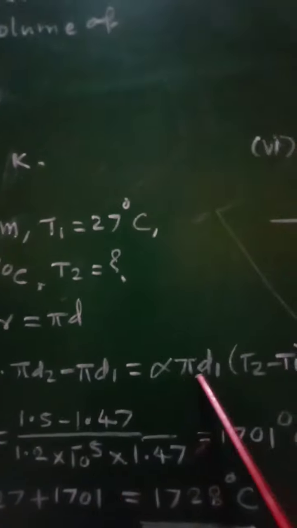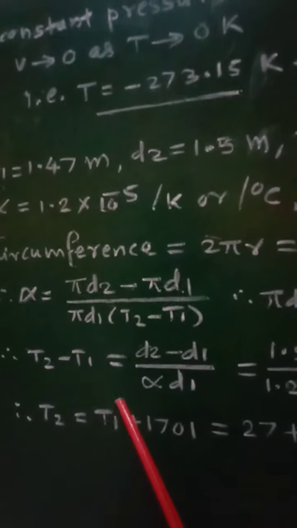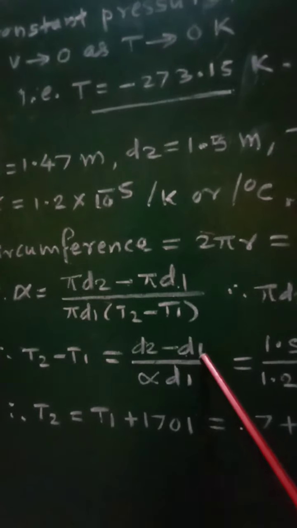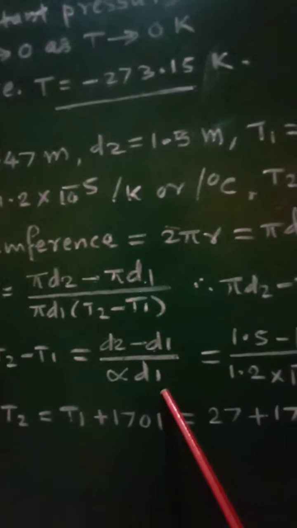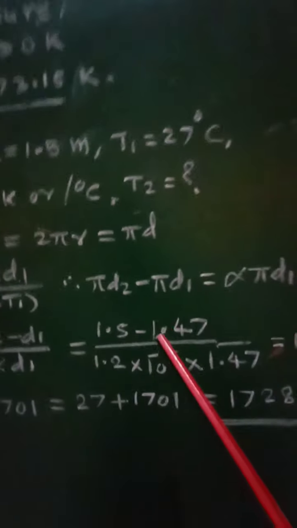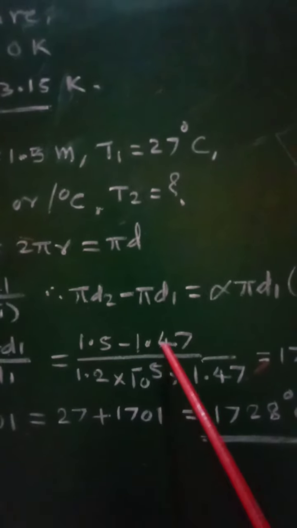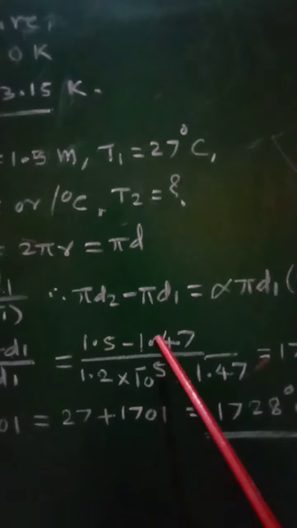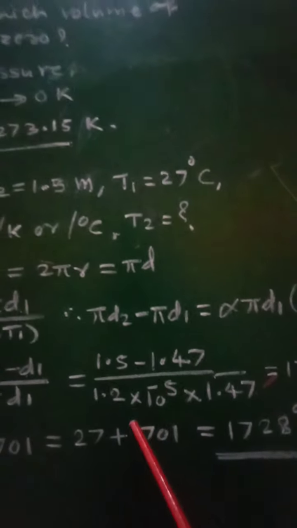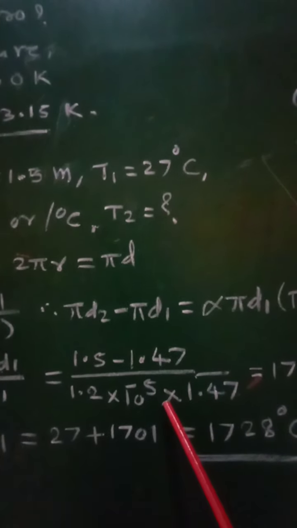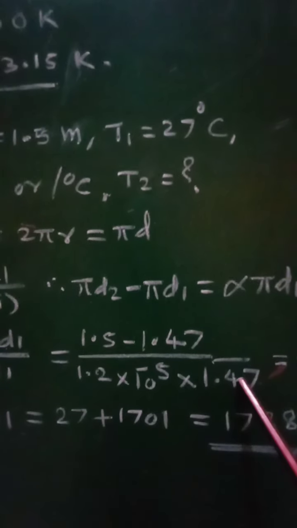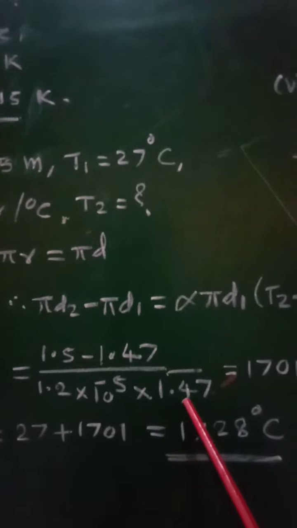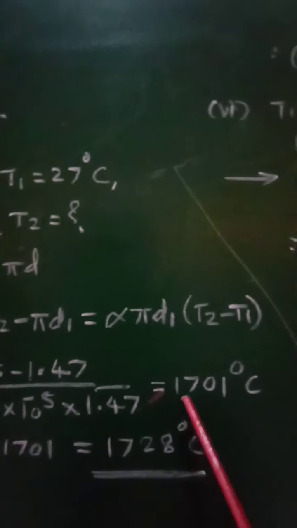Neglecting this pi on both sides, we will get this relation, that is t2 minus t1 equal to d2 minus d1 upon alpha into d1. Putting the values, we can write 1.5 minus 1.47 divided by 1.2 into 10 raised to minus 5 into 1.47, which comes out to be